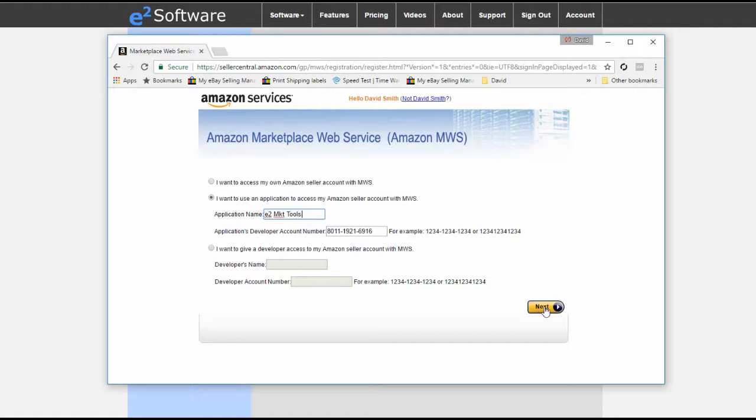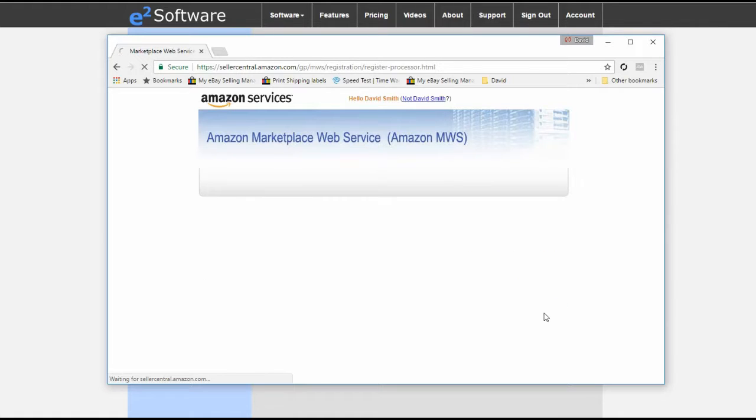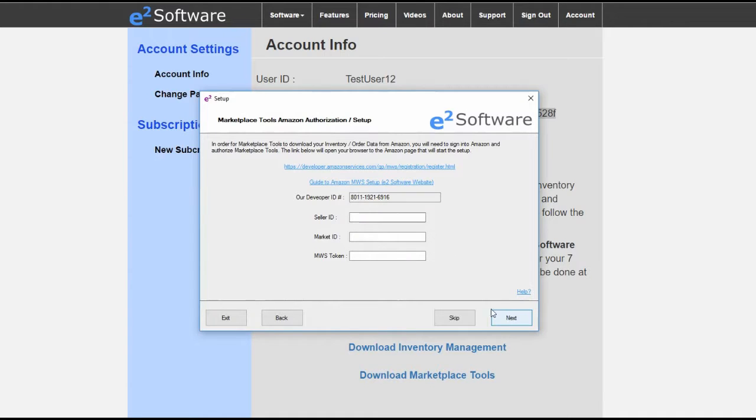This next page is basically a terms and conditions page, an agreement page you need to do for Amazon in order to authorize Marketplace Tools to have access to your Amazon data. As soon as you check the box and hit next, that will take you to the last page. This page contains all the information you need for the setup process. The first field is your seller ID. If you want to go ahead and copy that and paste it in the seller ID field in the Marketplace